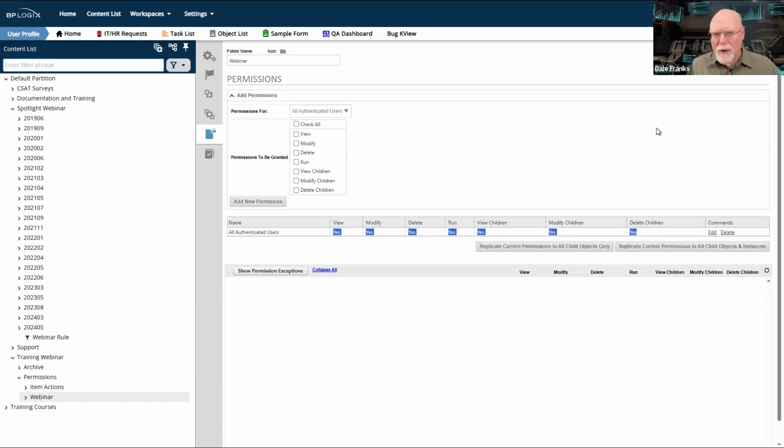I know most of you have a pretty standard set of implementers who pretty much do everything. But if you need to bifurcate them out in different work areas, you can certainly do that in your content list with permissions. And of course, anything that gets created in folder A will inherit those permissions and will then only be accessible by folder A people.